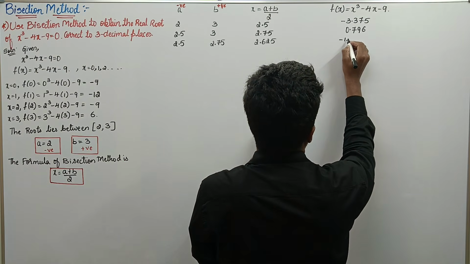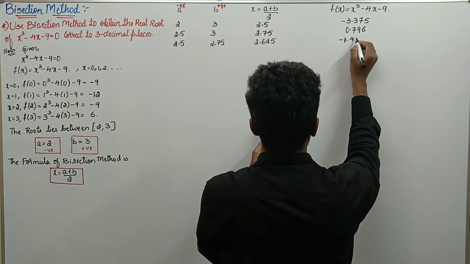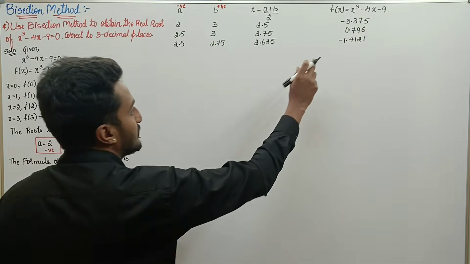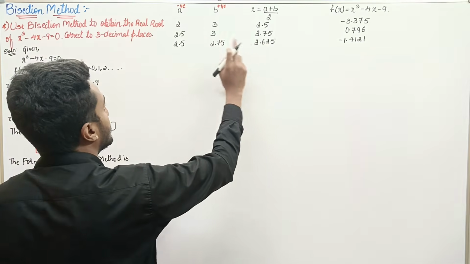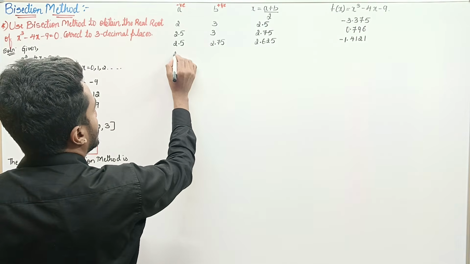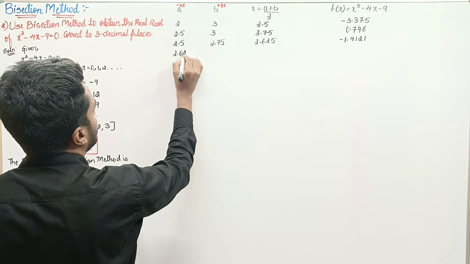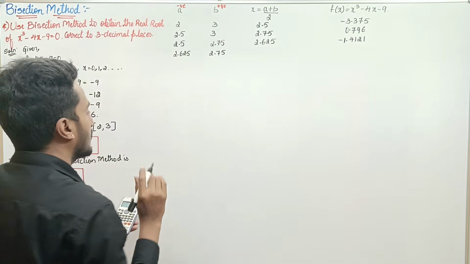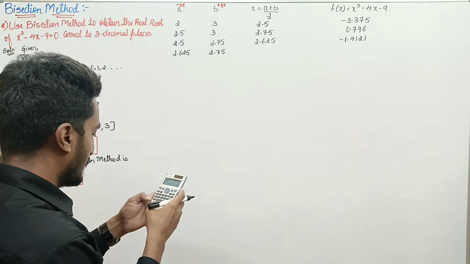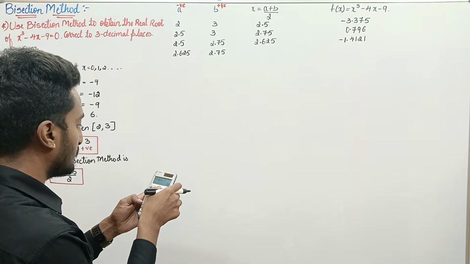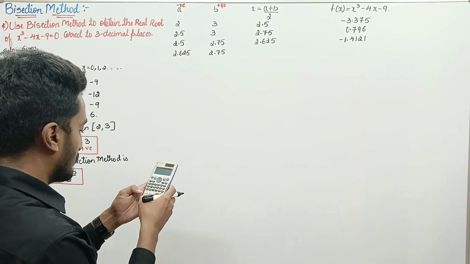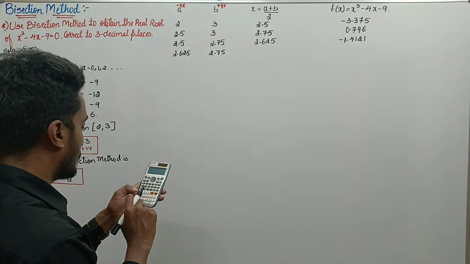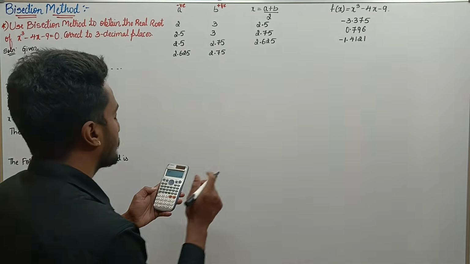Minus 1.4121. Done. Now the next step, since it is negative, the value of x will be replaced in the negative place, that is a, that is 2.625, and 2.75 remains constant. Again use a plus b by 2, calc, the value of a 2.625 and value of b 2.75 equals, you get